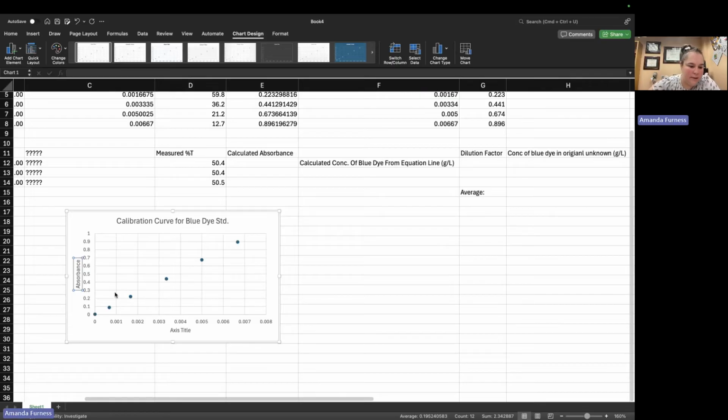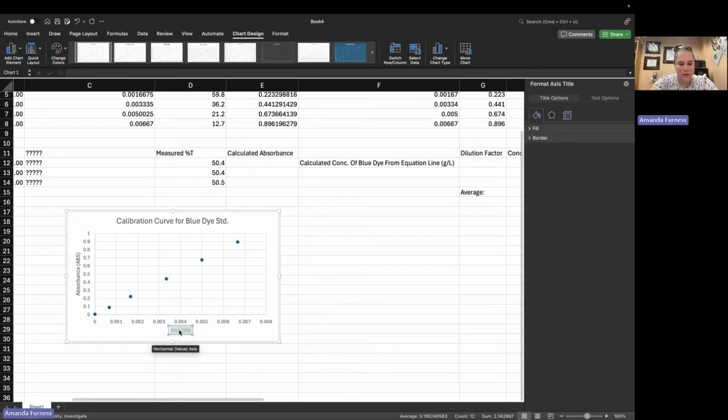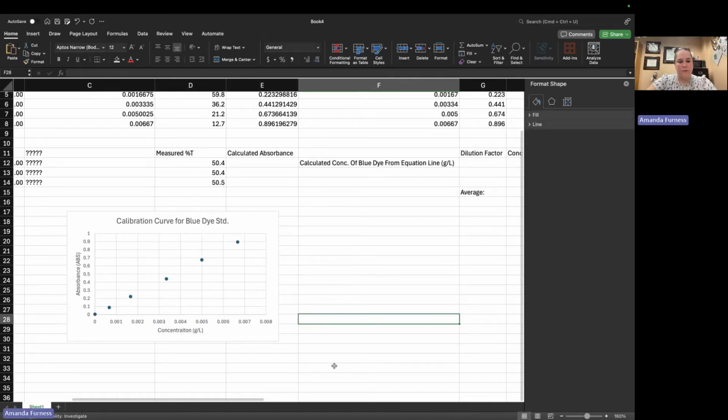And absorbance doesn't really have any units, but we could put ABS. And then this would be concentration. And you always want to include the units, grams per liter. Okay. So next, now that we have our calibration curve, we actually need to get the